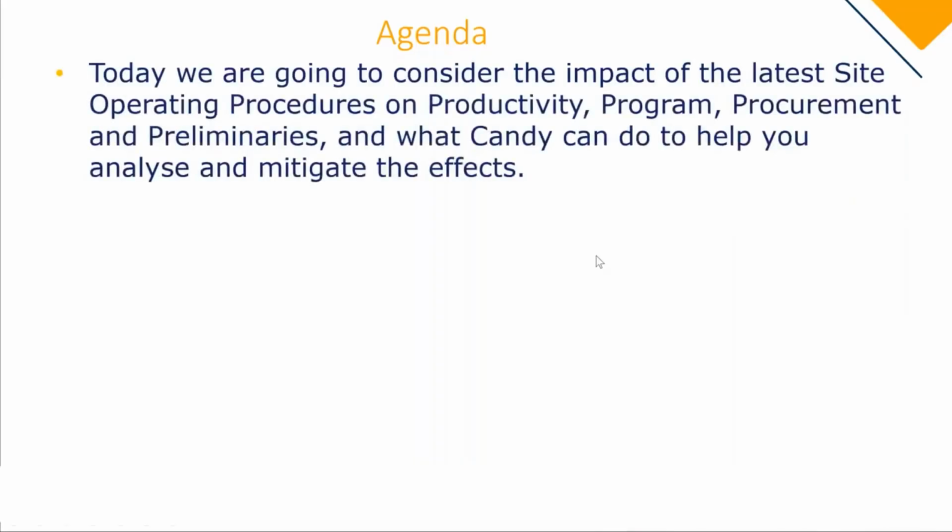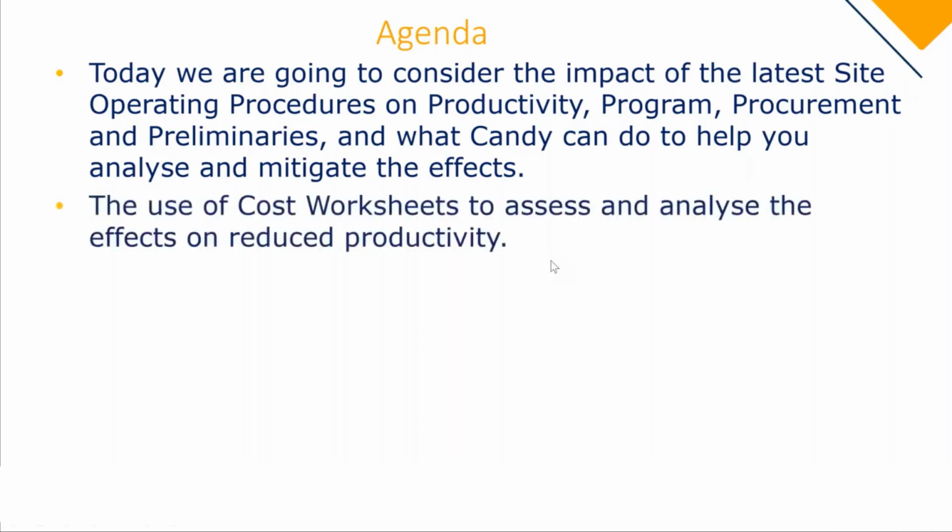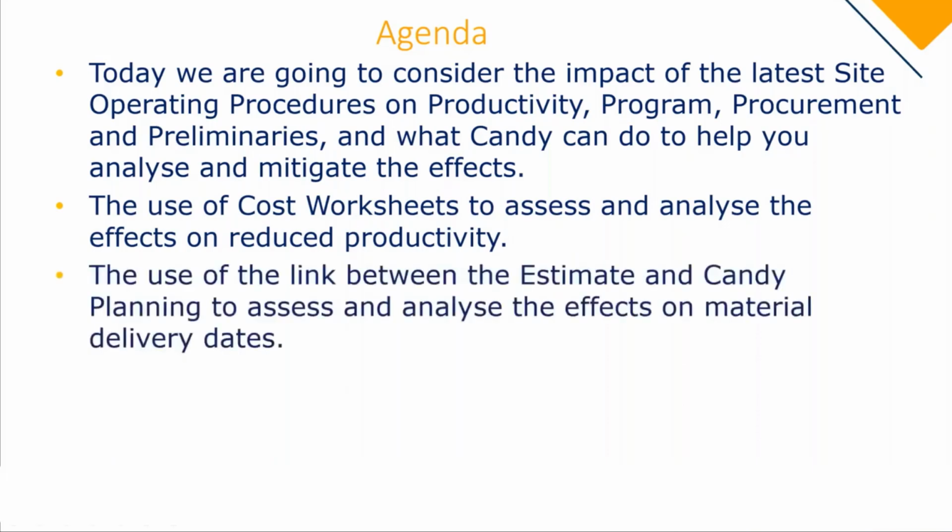So today we're going to consider the impact of the latest site operating procedures on productivity, program, procurement and preliminaries, and what Candy can do to help you analyse and mitigate the effects. We're going to be looking at the use of cost worksheets to assess and analyse the effects on reduced productivity, the use of the link between the estimate and Candy planning to assess and analyse the effects on material delivery dates,